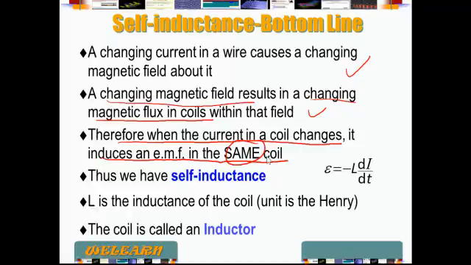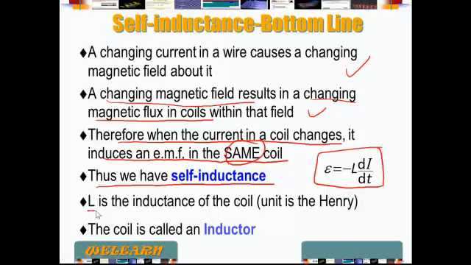It's going to induce an EMF in other coils if there are other coils nearby, but it's going to induce an EMF in that same coil as well. Thus, we have what we call self-inductance. The induced EMF is given by this expression: E is minus L dI/dt, or delta I over delta t,